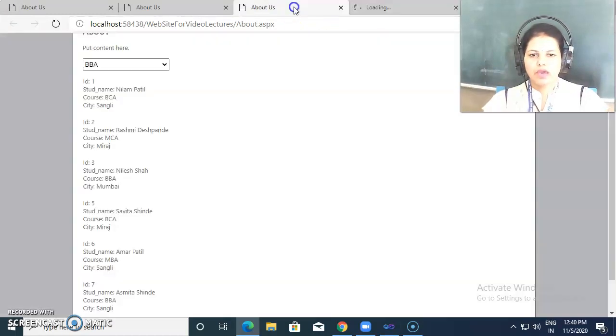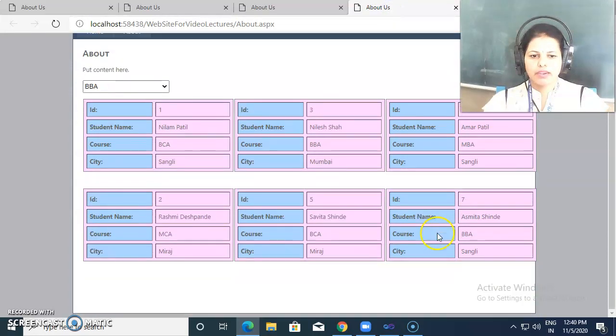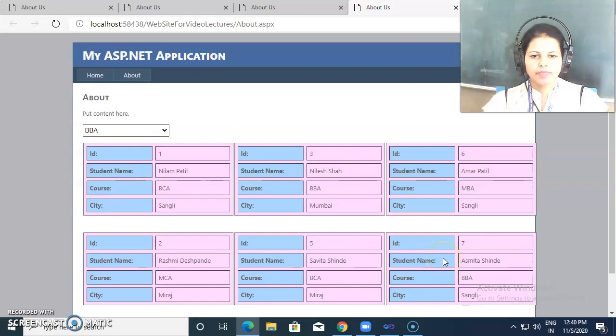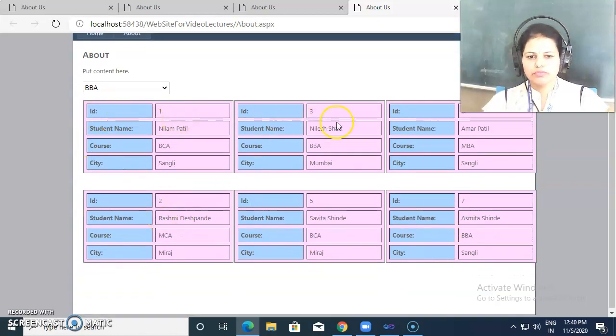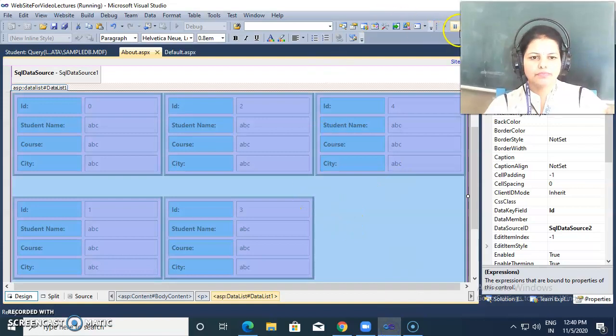see what is the output of previous, and now these are my records. This is 1 2 3 4 5 6 some. Here 1 2 3 5 6 7 in this way. So repeated columns value.